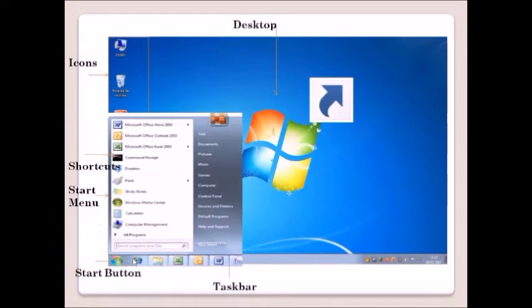Look here, the start menu is divided into two panels, a right panel and a left panel. They indicate documents, files and folders. Also, one search box is given, and we can search any program. Just learn these Windows 7 components.